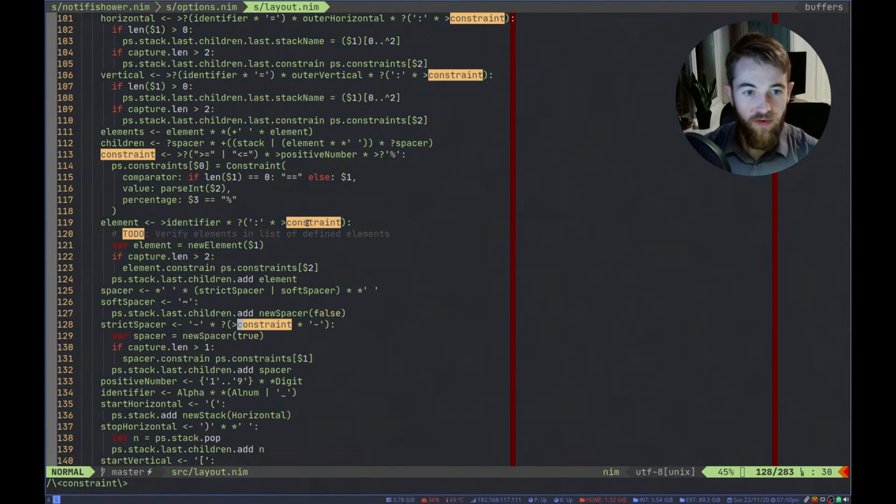So if we look at the rule for constraint, constraint is either greater than or smaller than, followed by a positive number, and then by an optional percentage. So we want to do either all of that, or we want an element. And currently our constraints.